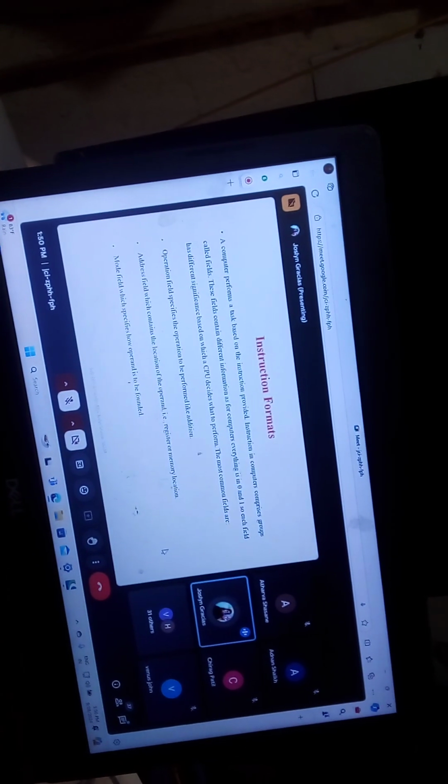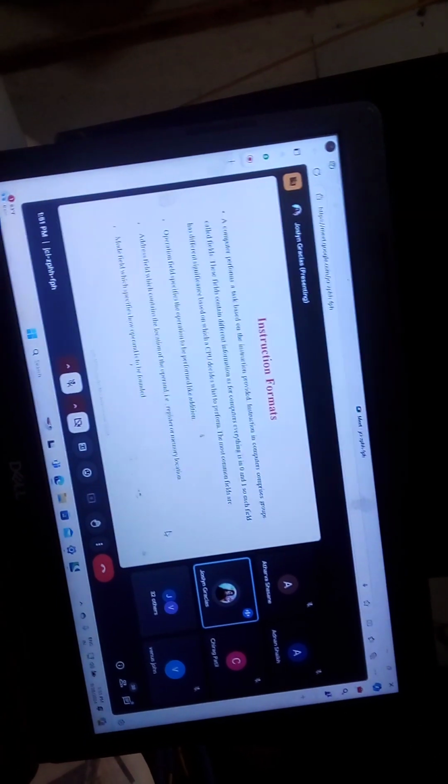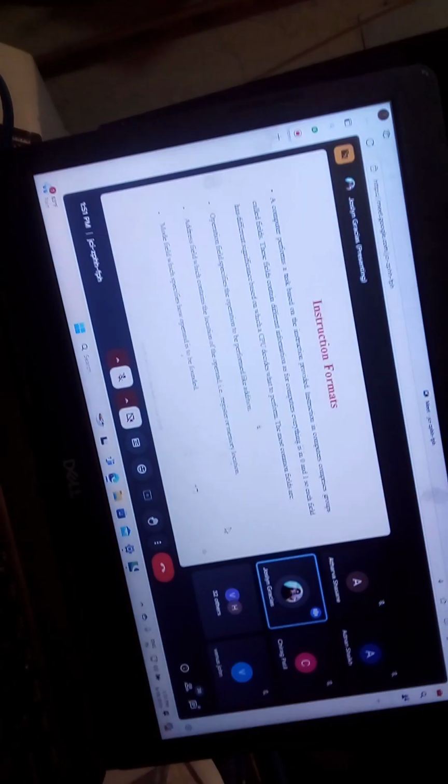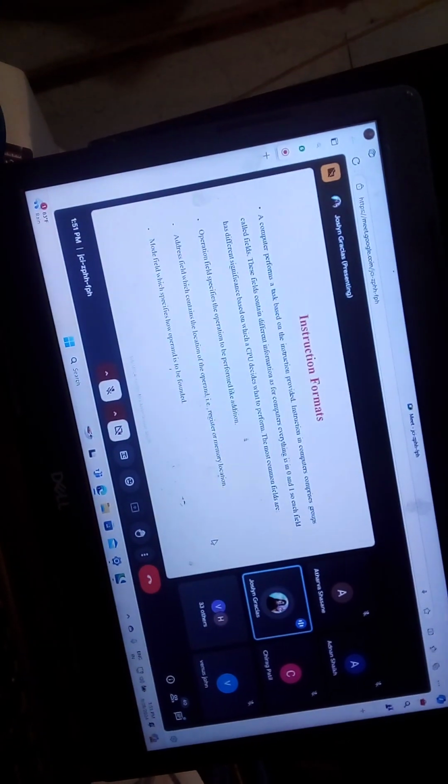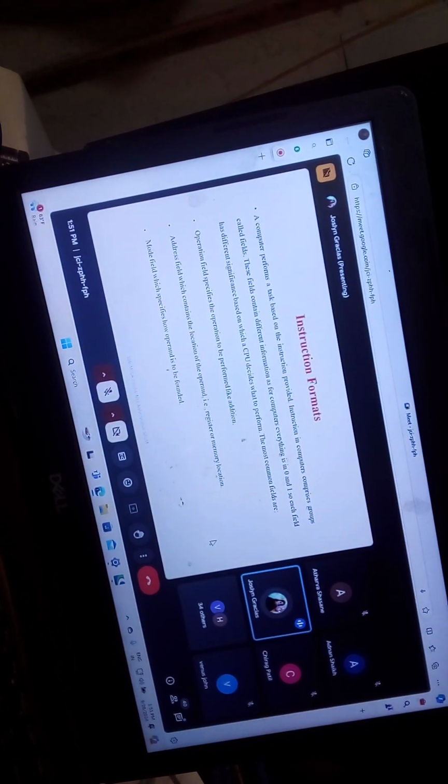The opcode tells you what the operation is, and the operand tells you on which particular item that operation has to be performed. Whenever we want to perform any instruction, we have to understand what the operation is and what the opcode is. Both are very important. Without the operand, there is no use of the opcode, and without the opcode, we cannot understand what the operand is doing. So let's look at the different formats that are there for our instruction.